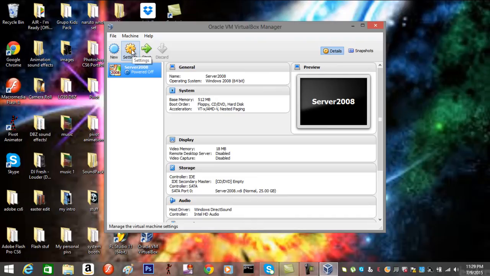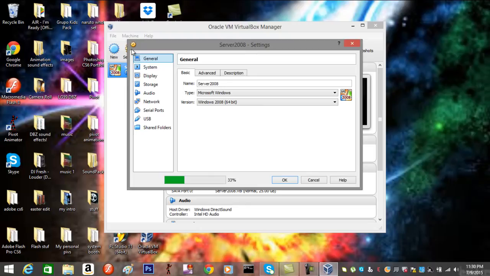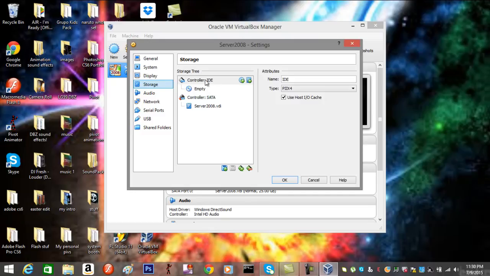Here now we're going to go into the settings, and we're going to go on storage. Here, if you noticed, there is the controller, which is empty right now. Now you can either choose to get your ISO from here, or you can do it the way that I'm going to show you now. So you can close off here,